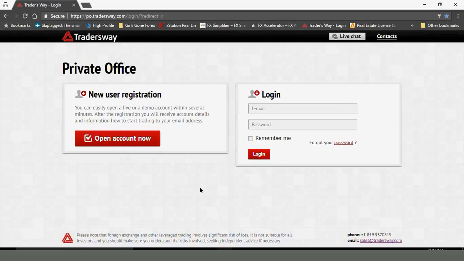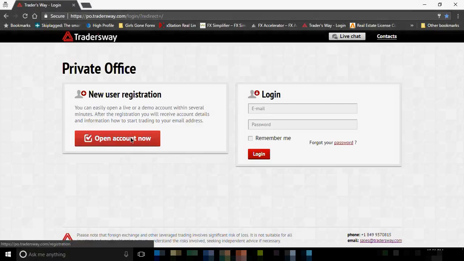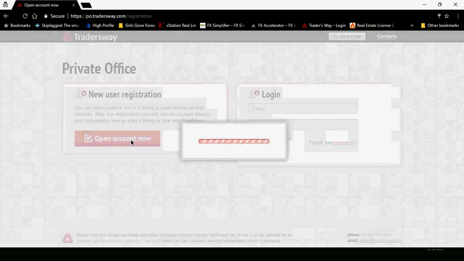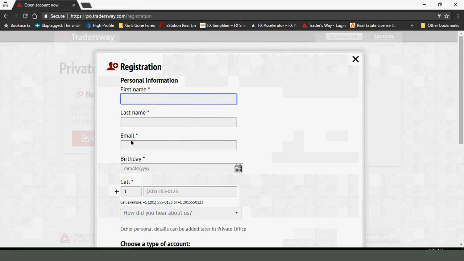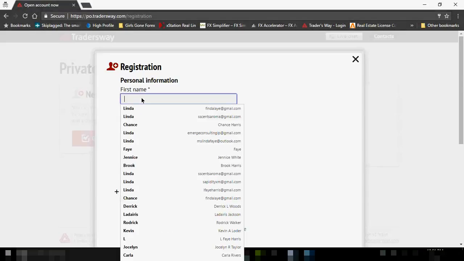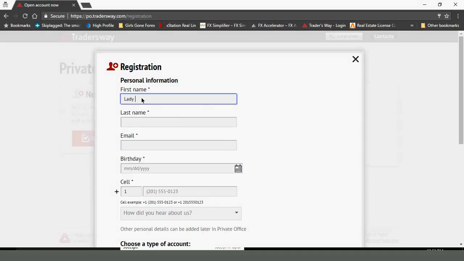This is where you're going to open your Forex account. So this is your back private office, and it's fairly simple. All you are going to do is click on the link that says Open Account Now. And that will take you to a page that's going to ask you for your personal information so that you can register your account. So from here, we would put in our information, first name, last name,